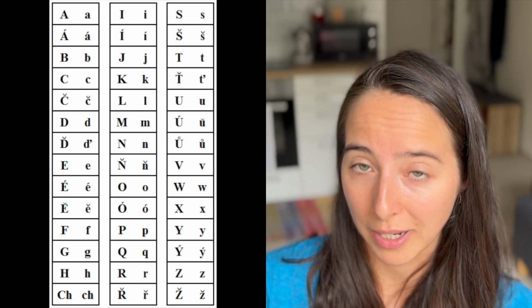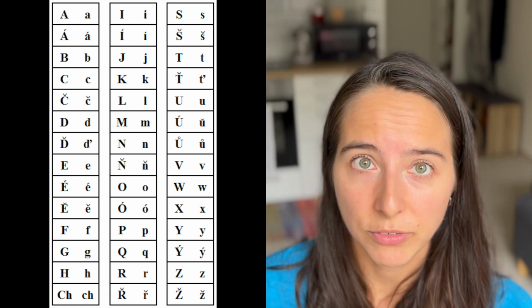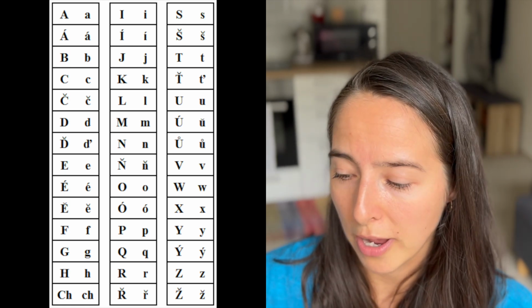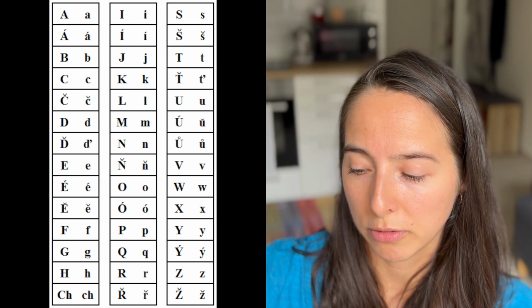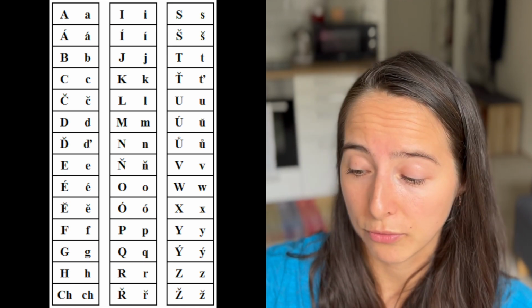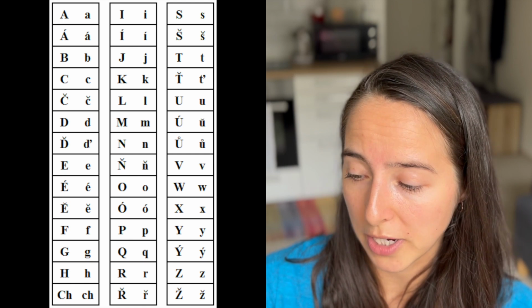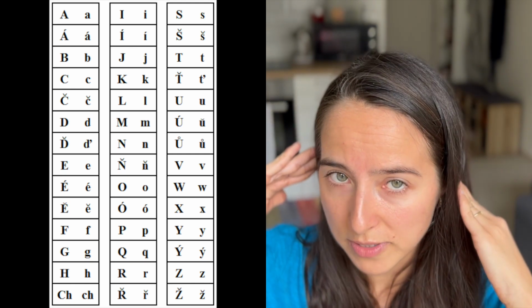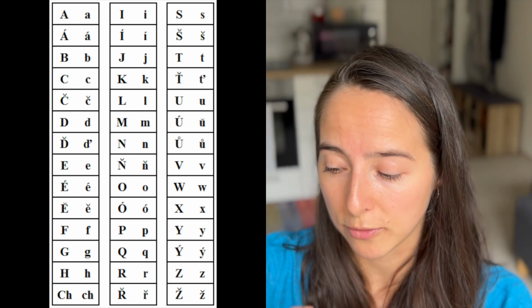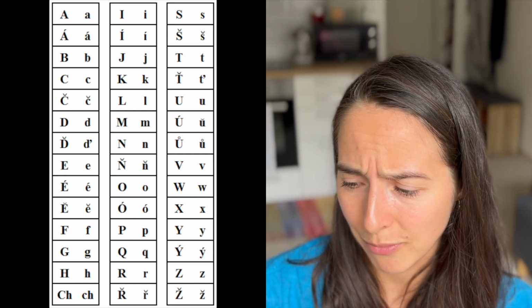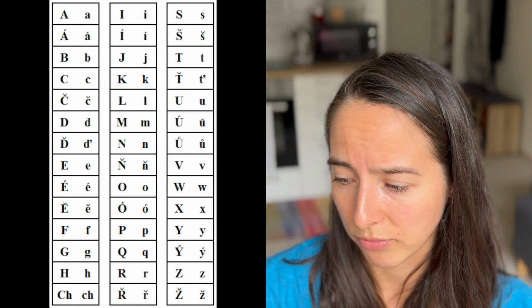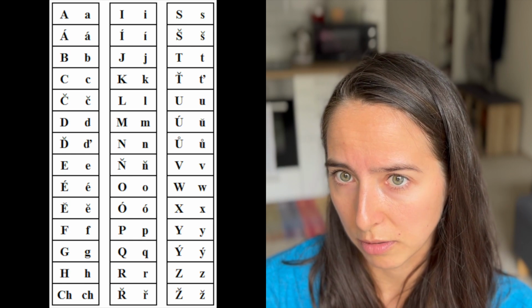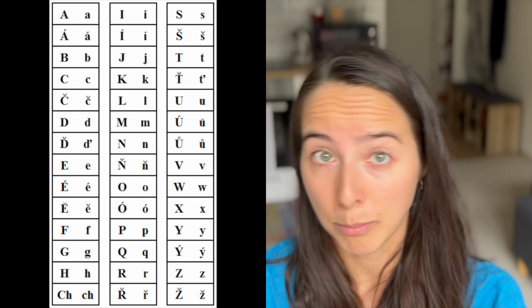F, like telefonovat, fiktivní, film. Whenever you have PH, it would be spelled like F, telefonovat. We don't have to write PH, we hear an F sound, so we will spell it with F. Same thing with G, we don't really have that many words, but off the top of my head, Gabriela, goulash, that's